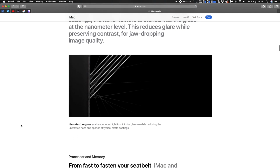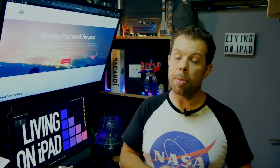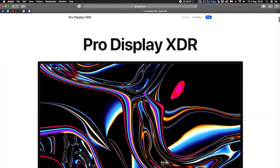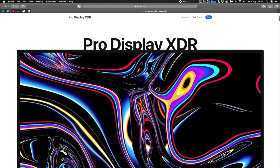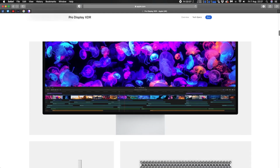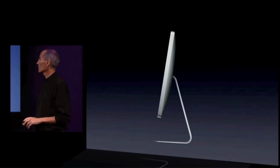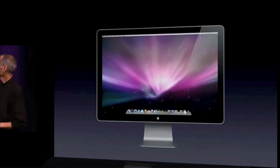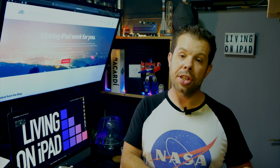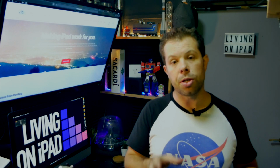I think also means that once the larger version is refreshed, the 27-inch, we might be looking at going up to even a 32-inch display, which would match the Pro Display XDR, which is the super high-end display that we have at the moment. Apple has got some track history for this, where the Apple Thunderbolt display used to use exactly the same panel as the iMacs, so I think it's quite possible that the form factor will very much match the XDR display. The biggest rumours at the moment are that the iMac will follow design cues from the